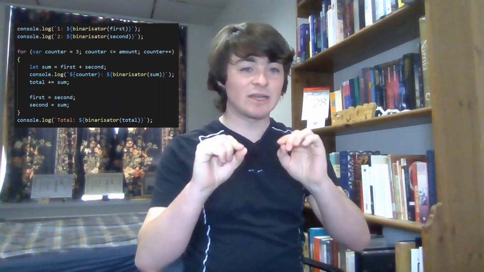Then I start the actual logging, and I'm gonna write 1, which is just the place in the sequence, and then the first number ran through the binarizator. And then I'm gonna do the same with the second number. And then I'm gonna start the actual sequence, which is gonna be a for loop, which means I'm gonna define